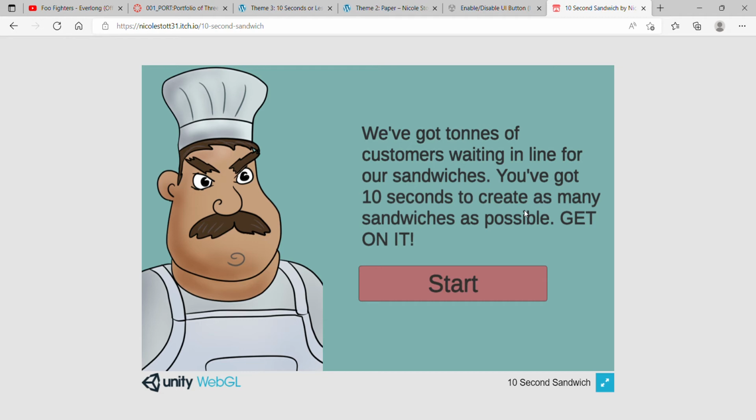The goal of this game is to see how many sandwiches the player can create within 10 seconds by clicking the sandwich ingredient buttons. When given the theme 10 seconds or less, I had a bunch of ideas floating about, but the main one that kept coming back to me was a game where you create sandwiches as fast as